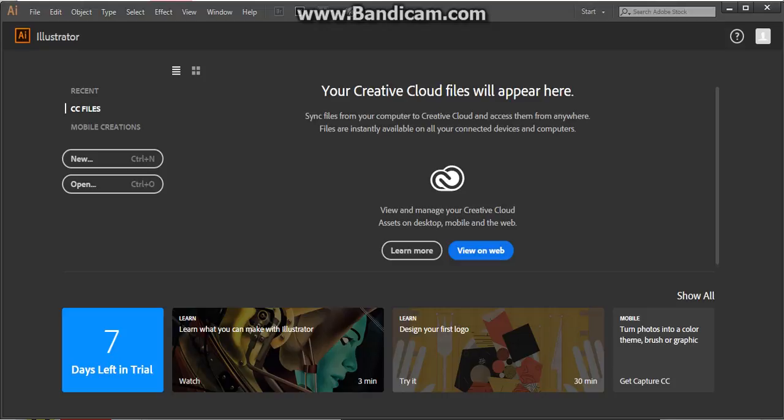Okay, so welcome to Illustrator. In this video, I'm just going to show you how to open a blank document. Pretty simple. So find your Adobe Illustrator icon on your desktop, and then you'll bring up this page, and you'll